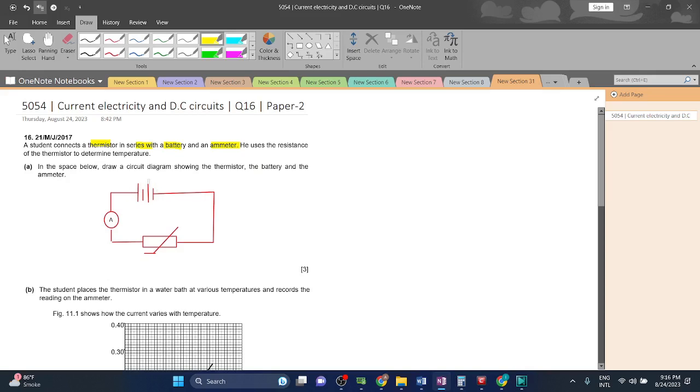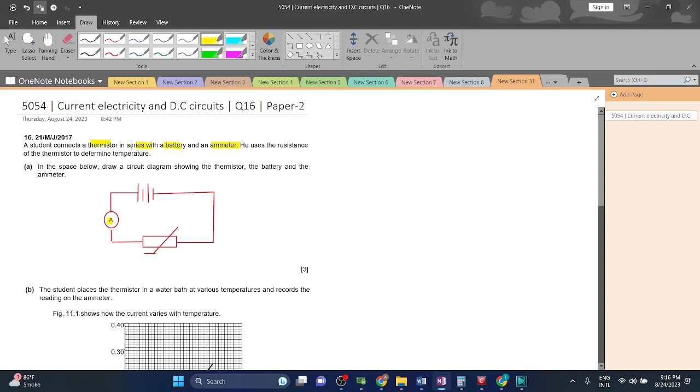So सबसे पहले हमने बना लिया बैटरी. ठीक है ना? बैटरी से हमने एक लाइन एक्सटेंड की और हमने एक एमीटर बना लिया. एक एमीटर से लाइन एक्सटेंड किया and we have made a thermistor. This is a very simple and easy circuit. आप इसको very easily बना सकते हो by the